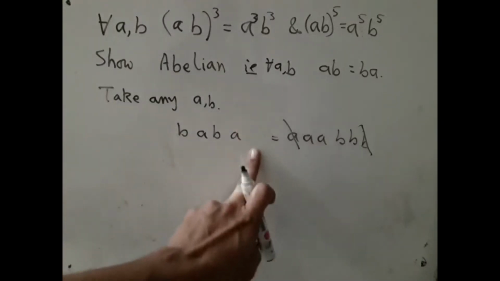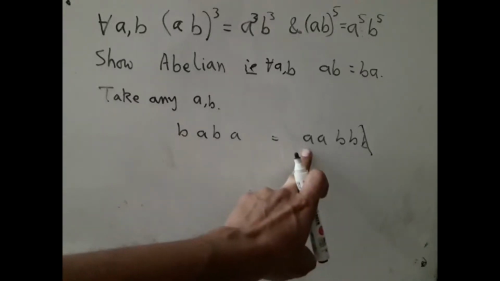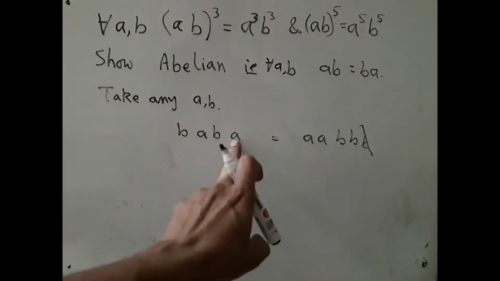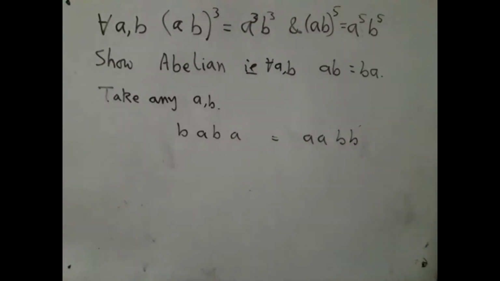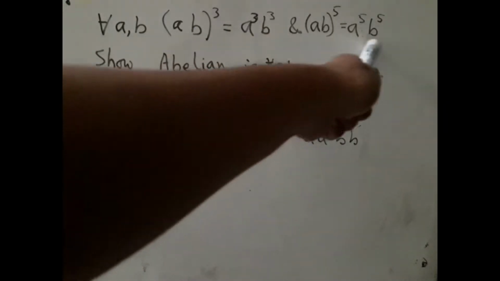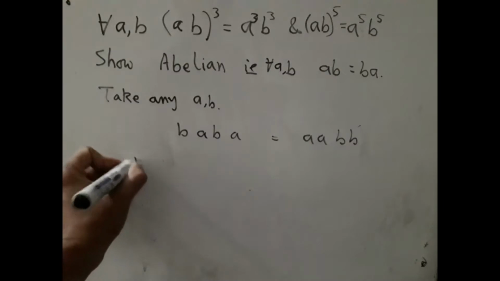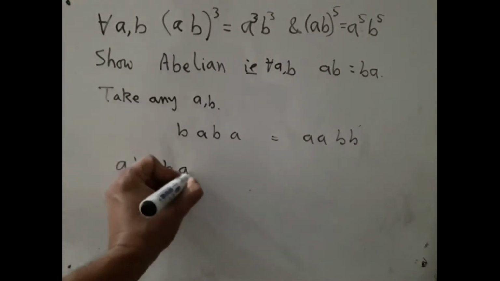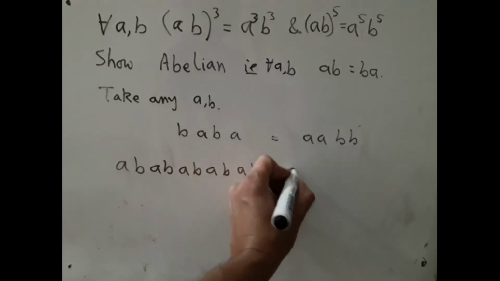I cannot knock off anything else because here the leftmost thing is b and here it is a, different from b. Similarly, here it is a and here it is b. So, I have to leave it like that. Okay. So, now let us attack this fellow. If I do it in a similar way, I have ab, ab, ab, ab, ab, and on this side a,